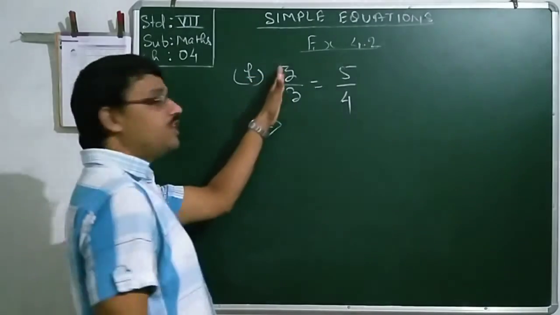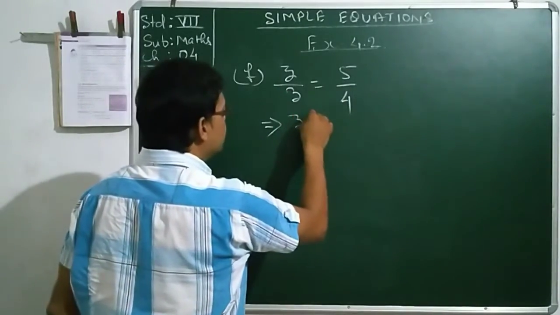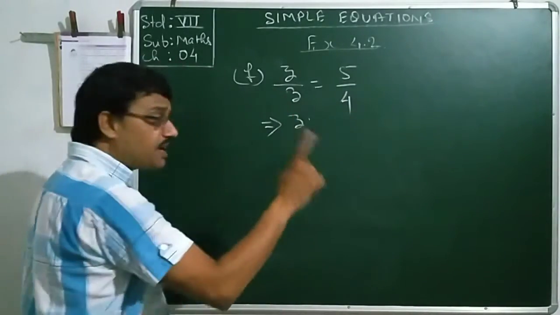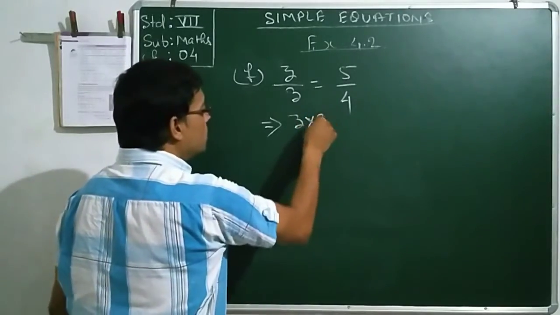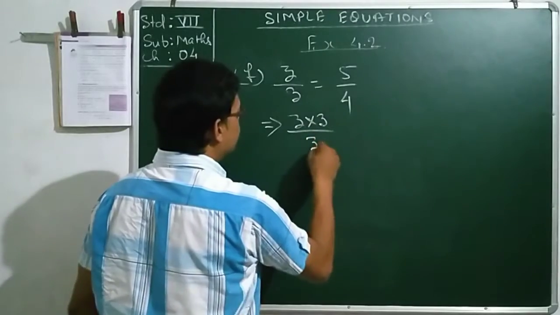So to separate it, we will multiply z by 3. z into 3, we can write z into 3, or you can write 3z also. It is very similar. z by 3 into 3